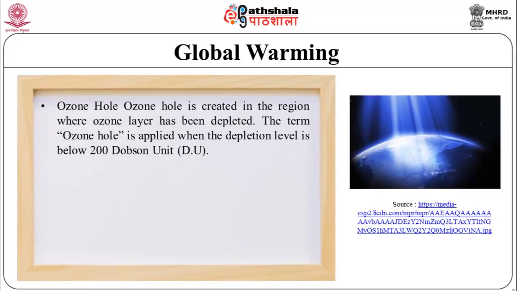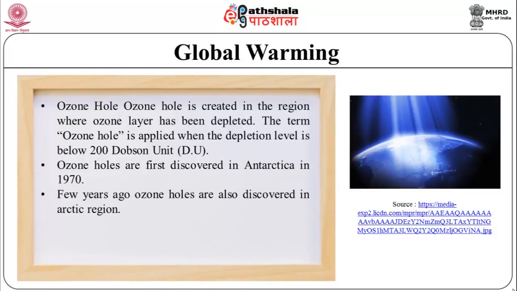Ozone hole is created in the region where ozone layer has been depleted. The term ozone hole is applied when the depletion level is below 200 Dobson unit. Ozone holes were first discovered in Antarctica in 1970. A few years ago, ozone holes were also discovered in the Arctic region. Since 2000, the rate of ozone depletion is increasing